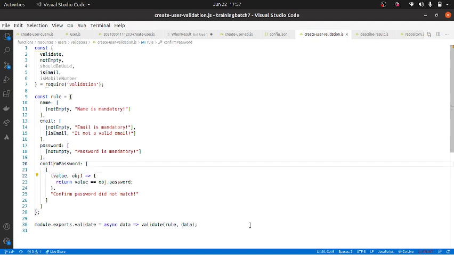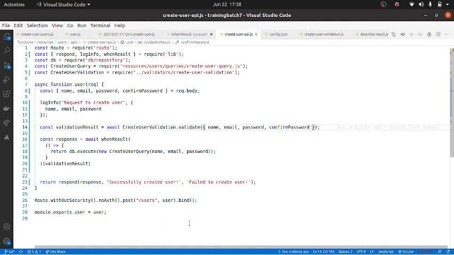The first parameter is the actual value of the key, whatever property we are trying to validate. The second parameter is the actual data that was passed. This way you can match these two things and do any complicated validation that you want. Is that clear? Yeah.